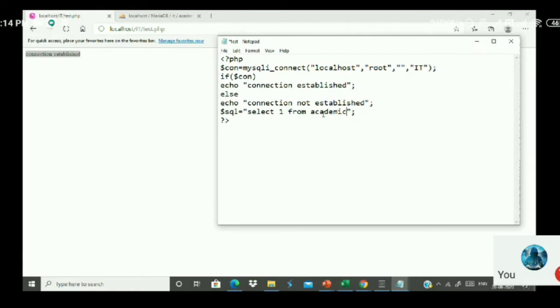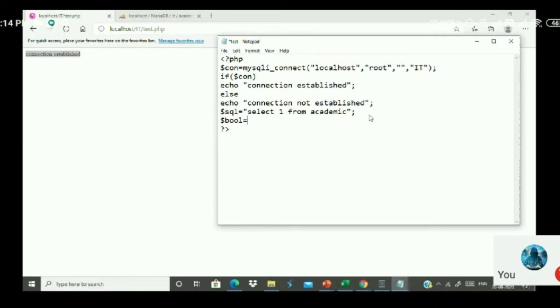If this table already exists over here, this SQL will return a positive value. So select 1. If I run this query, it will return a Boolean value, true. If this table does not exist, then it will return a false value over here. Now what I'm going to do is, listen here. If I want to run this one, I use the value called bool.